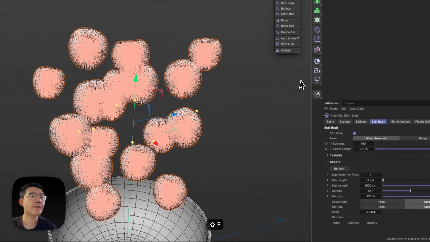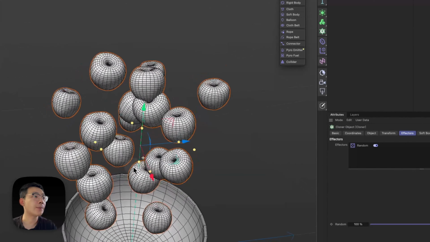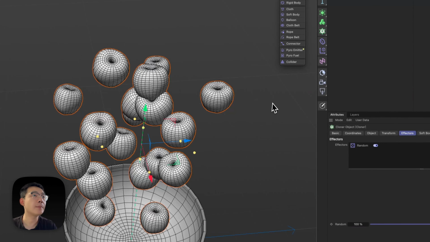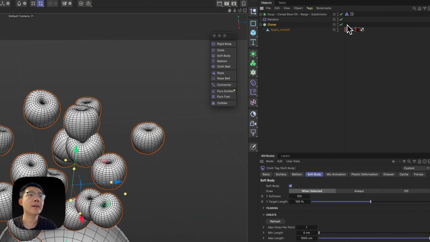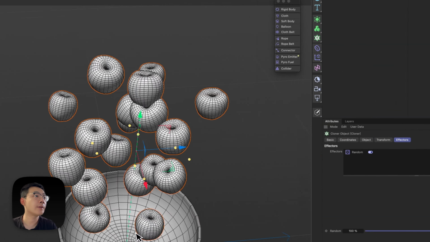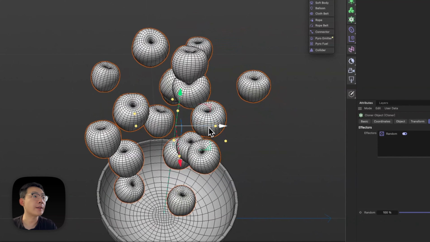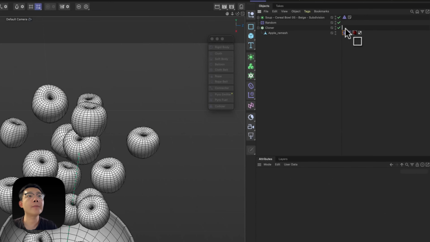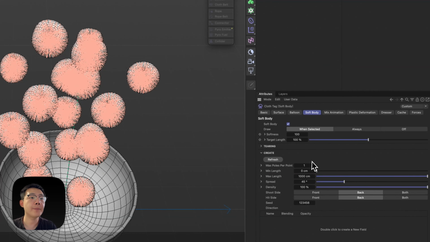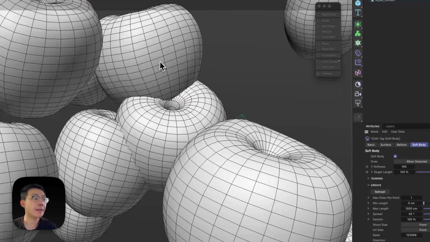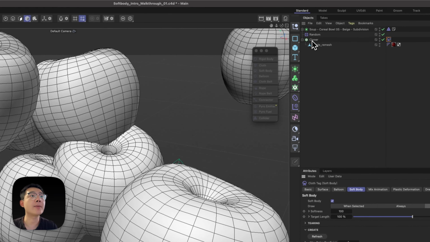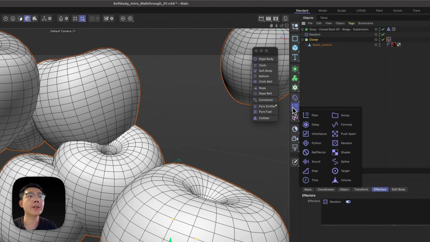And I go to the first frame, and I just want my cloner to be a little bit shorter. Sometimes when you have the soft body tag on, it's not going to let you adjust it. So I would just move it over and then adjust the positions a bit, then move it back and hit refresh. So in case you want to solve the intersecting part yourself, you can always hit cloner and go here